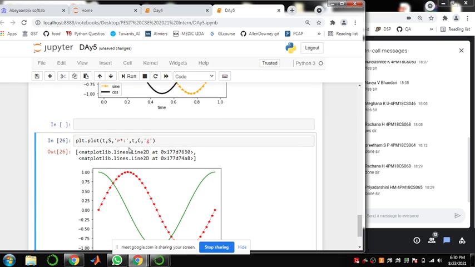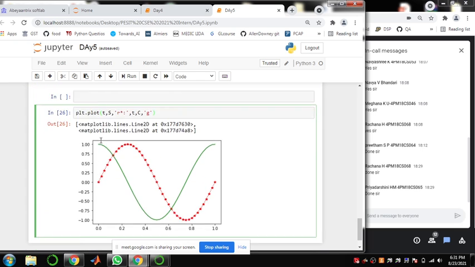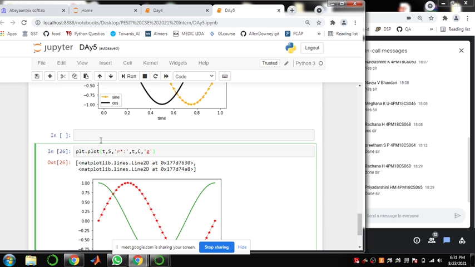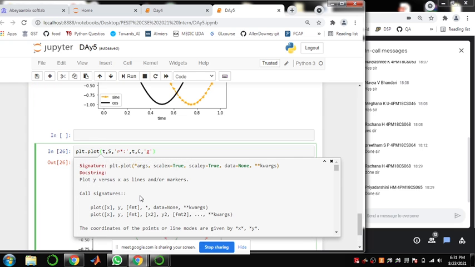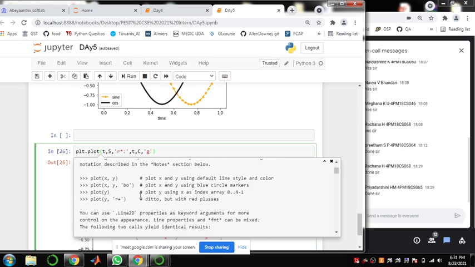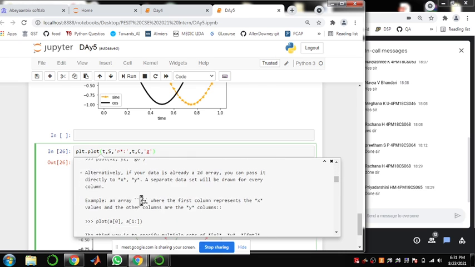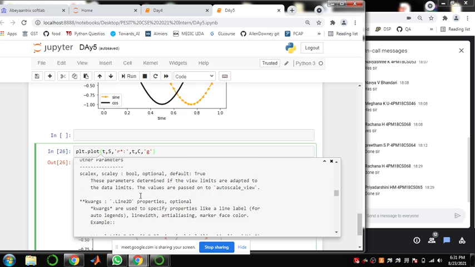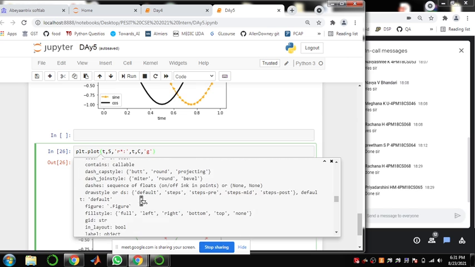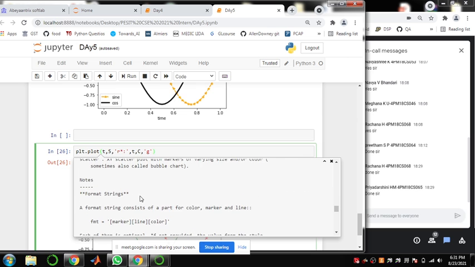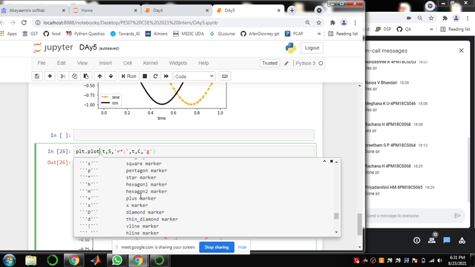Alternate option is you can use this shortcut. So what are the styles available? You can check it here, as I mentioned. Press Shift Tab 2 times, and it shows you all the properties of the plot function. Now I can see here what markers are available.